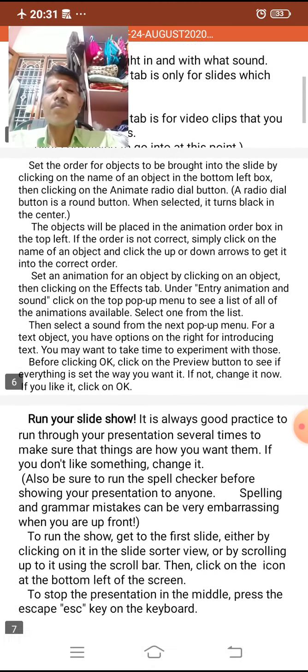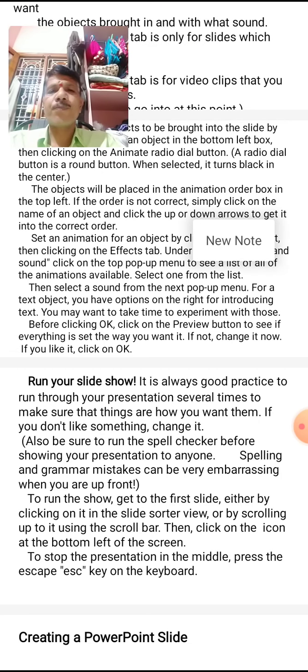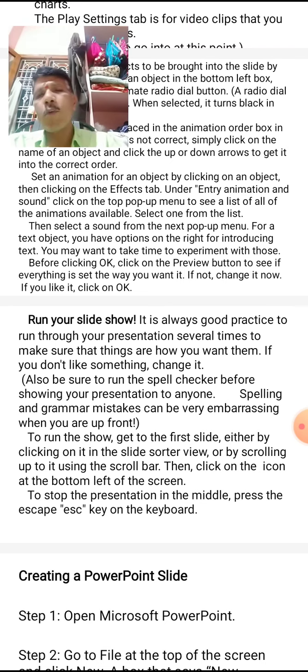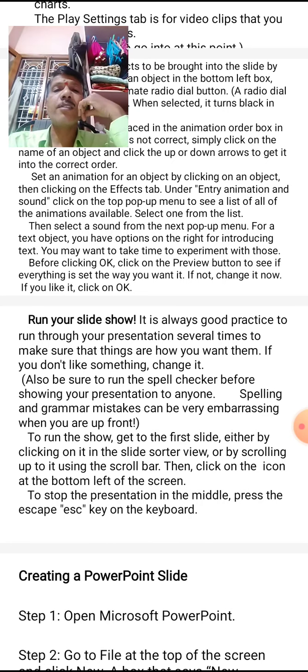Then run your slideshow. After completion of preparation of creating a PowerPoint presentation, that can be run as a slideshow. It is always good practice to run through your presentation several times to make sure that things are how you want them.